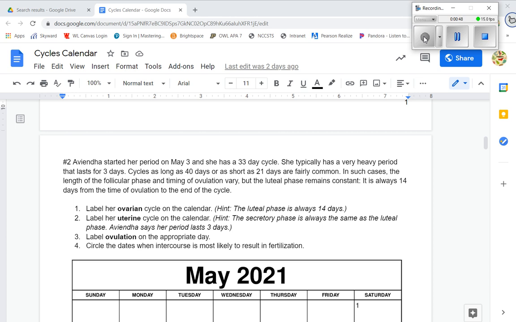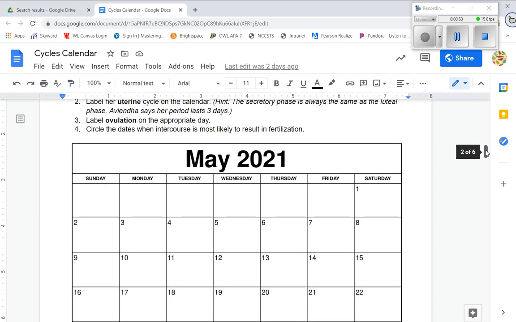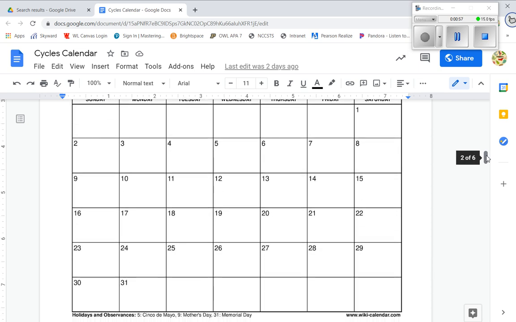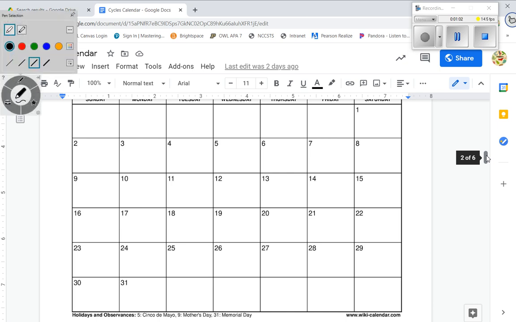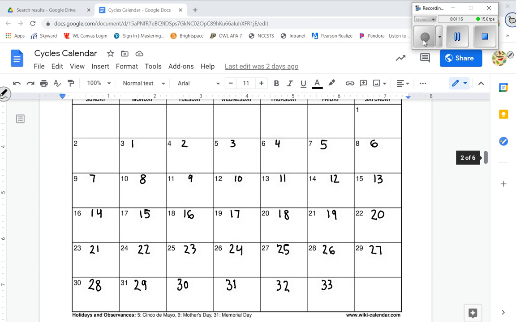So let's start with this. Let's number the days of the cycle. Let's see if we can get all the calendar in there. Yeah, black is okay. So she started her period on May 3rd, and then I'm going to go ahead and number that all the way up through 33 because that's how long her cycle lasts. Okay, so there we have her 33-day cycle planned out,